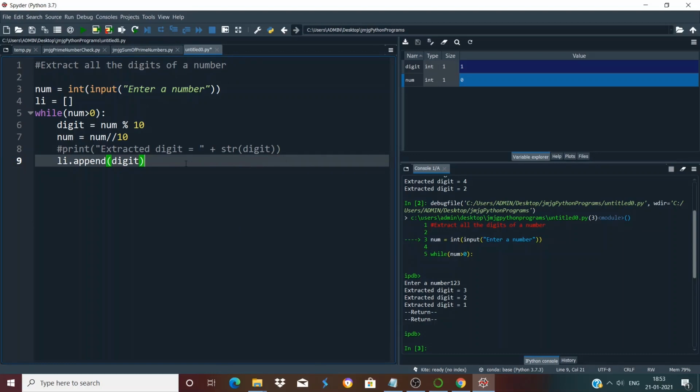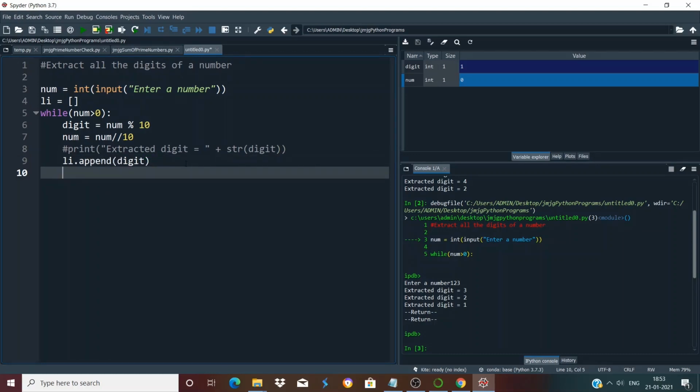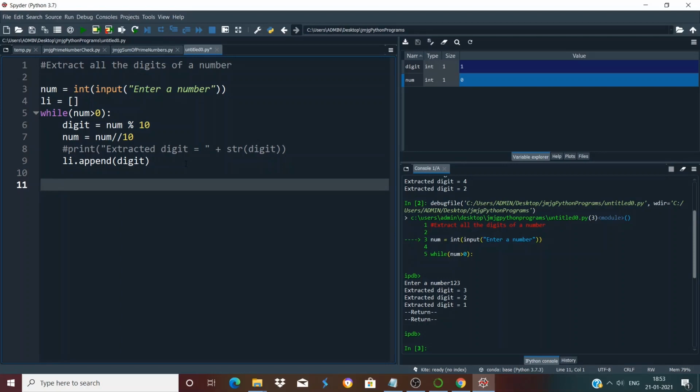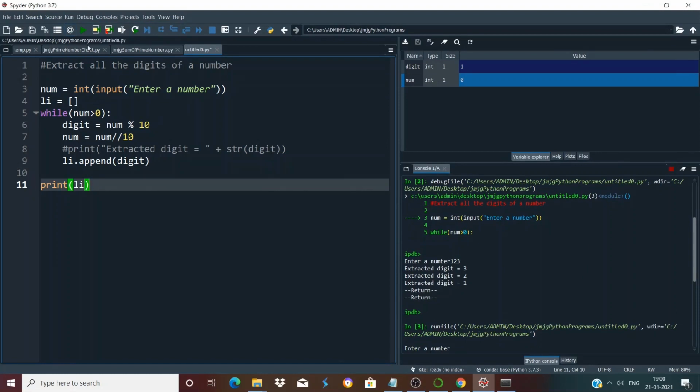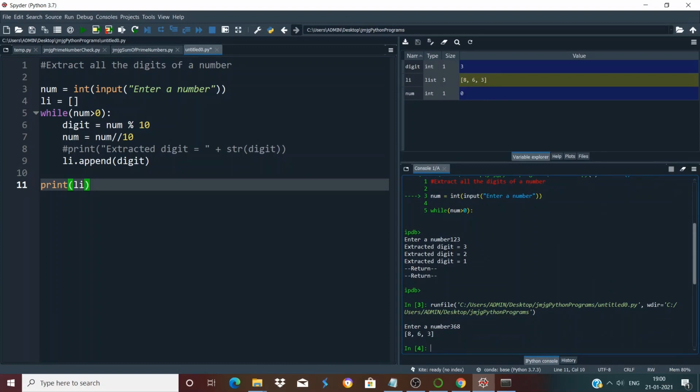and after that, after the loop is completed, you can come out here. Now if you are asked to print the list, you will simply print the list. So if we run the cell, let's enter 368, and it prints the list, that is 8, 6, 3. If you are asked to print the elements in the reverse order, that is from left to right, if it is 368 and you are asked to print 3, 6, 8, you can simply reverse the list,